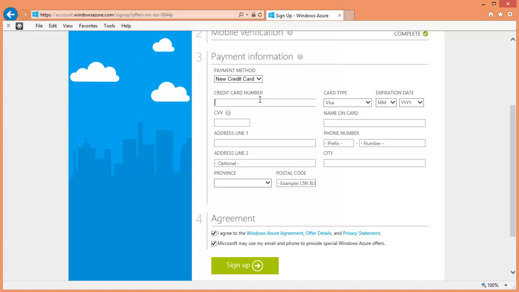You have to put in a credit card number here. It has to be valid information for the trial. But you don't have to worry about it, because Microsoft for this trial subscription is not going to do something to trick you. For example, it's not going to tell you that after 30 days, if you do not cancel, we are going to charge you. It's not going to take this credit card information and put you on a different subscription. Your trial will end after 30 days or when you have finished that